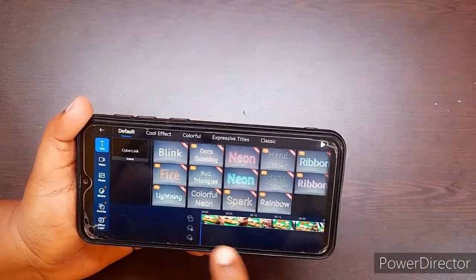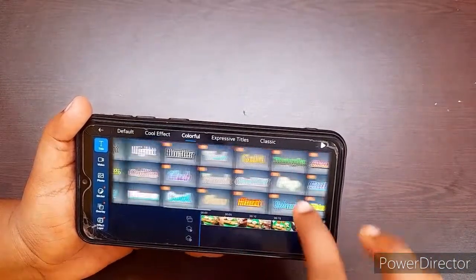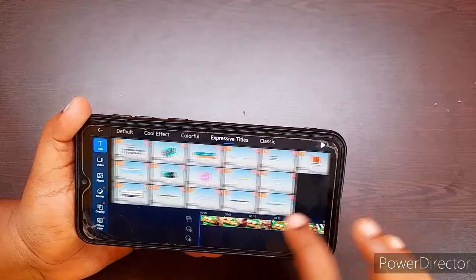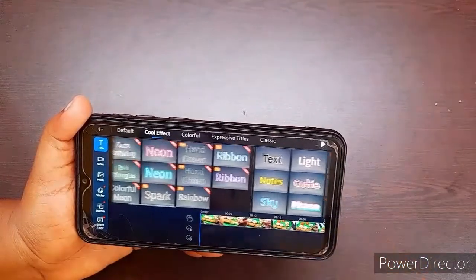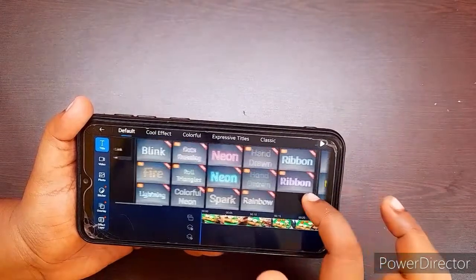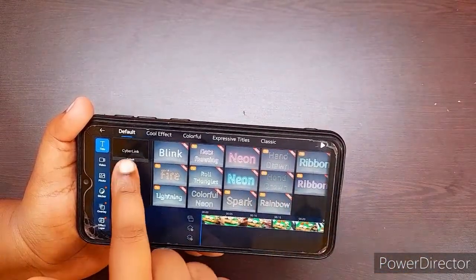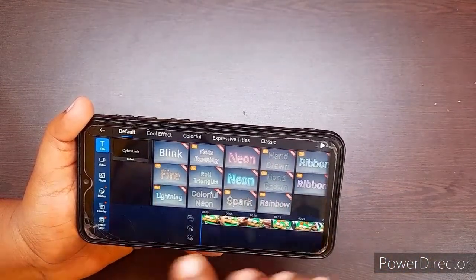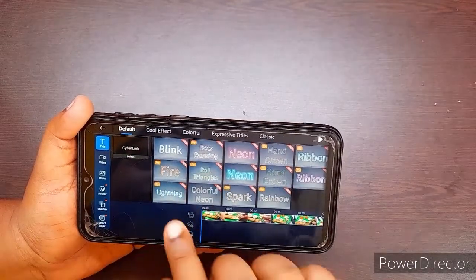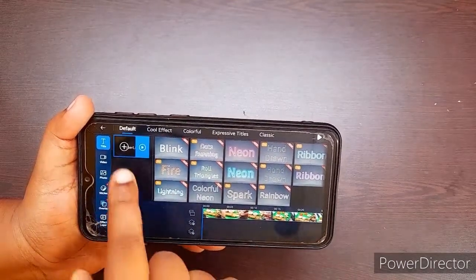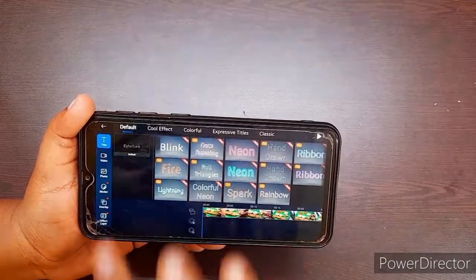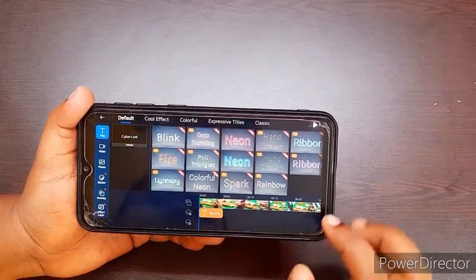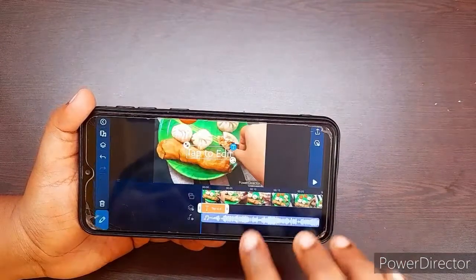So you see, there are a lot of unique designs for the text. So let's choose one. This one is the basic one, I will choose two for you. First one, you have to click, and you see the plus sign. So it is here. First I am showing you.